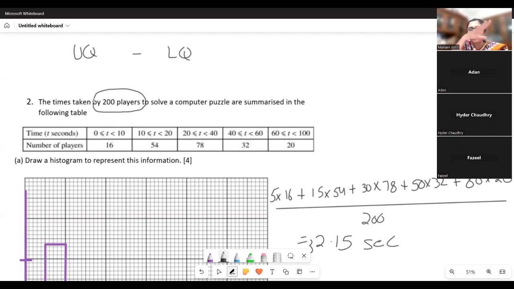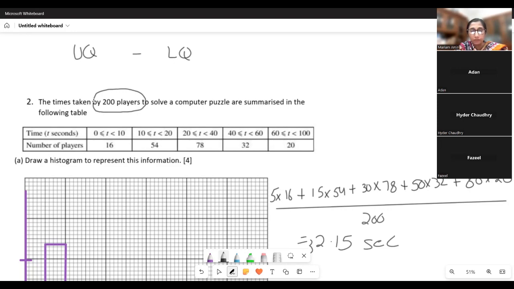अगर हम सारे प्लेयर्स को असेंडिंग ऑर्डर में खड़ा करें डिपेंडिंग ऑन द टाइम दे टुक, तो मिडिल में कौन से प्लेयर्स होंगे? मिडिल में होगा 100th प्लेयर एंड 101st प्लेयर। ठीक है, जब इवन वैल्यूज होती हैं तो मिडिल में 2 वैल्यूज होती हैं। सो मीडियन किधर होगा? मीडियन वहां होगा, उस ग्रुप में होगा जिसमें 100 और 101 वैल्यूज हैं। सो 16 प्लस 54 बनता है 70,